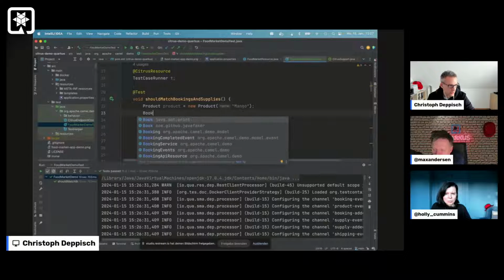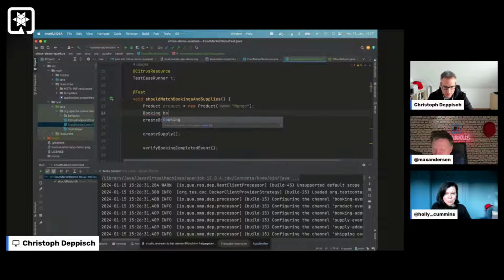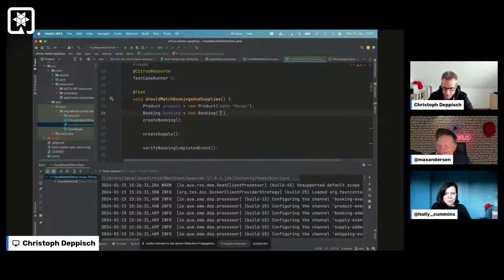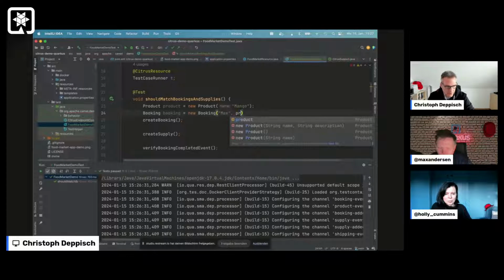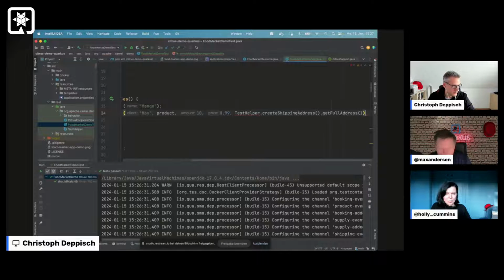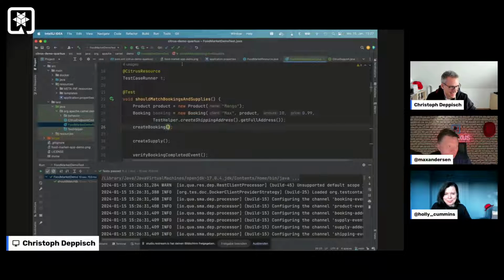And let's create a booking over here. This is the client Max, and it uses the product, and it uses the amount and the price. I also had a little test helper that gives me a shipping address. It's exactly like I said, friends don't let friends write JSON. So let's use this in the